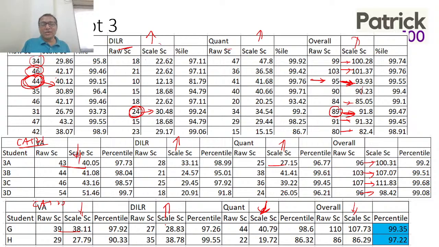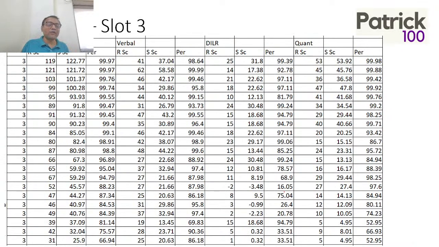Right, if this is clear, now this is the overall score of Cont, if you look at it, slot 3. So marks of 119 went to 122, a small scaling happened. Okay, but at a lower score there was a bit of scaling down. If you look at 42 or 31, there was scaling down, which happened. And again it depends on the distribution of marks. So it is possible that at higher scores the scaling could be a little up, at lower scores the scaling will be down. But last year, in slot 3, there was generally a scaling down. Slot 1 had a major scaling up. Slot 2 had a little scaling up. Slot 3 had almost the same or lower, or scaling down. That's how it happened last year overall.